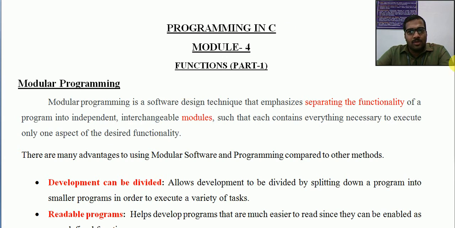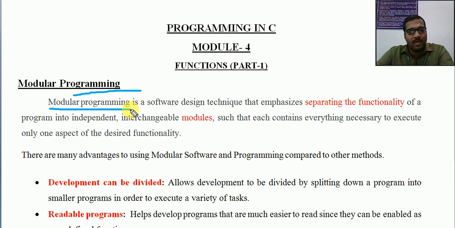Before moving into detail regarding functions in C, we will see what is basically called modular programming. This is one of the common approaches. There were different types of programming methodologies, where modular programming was one of the major concepts.